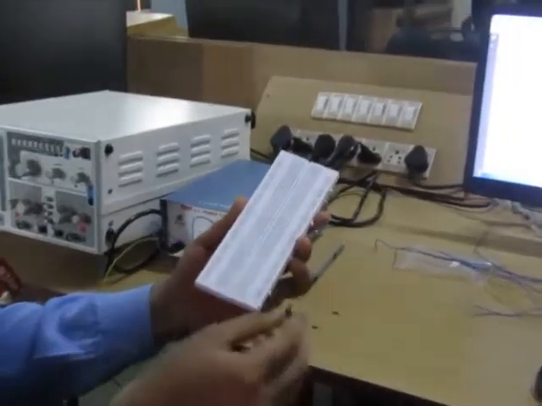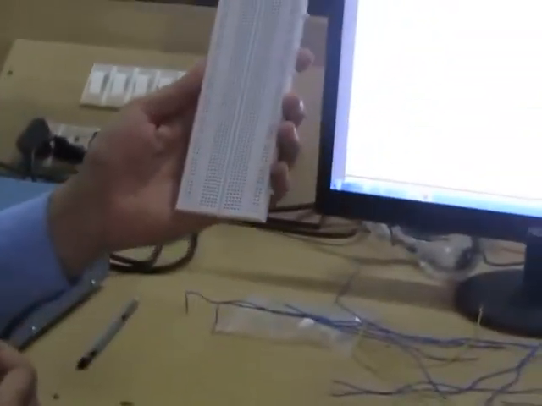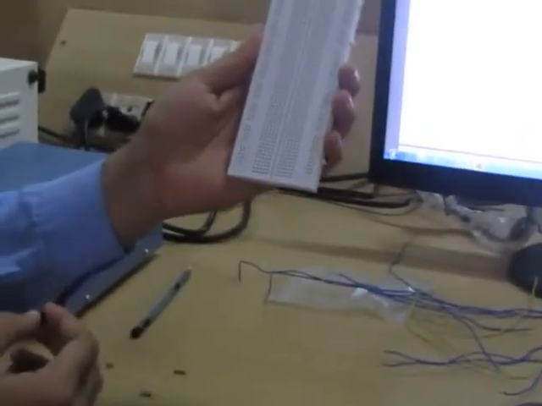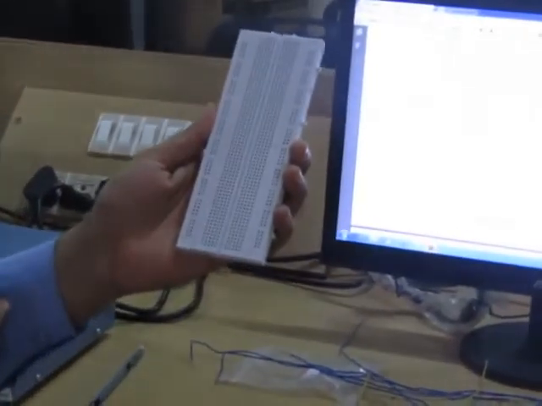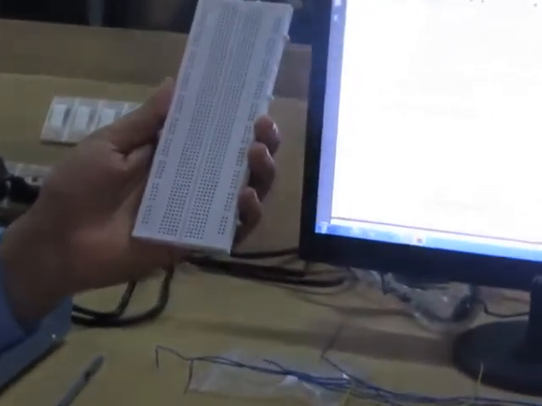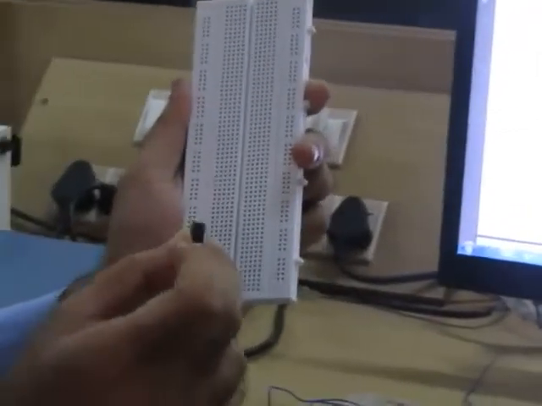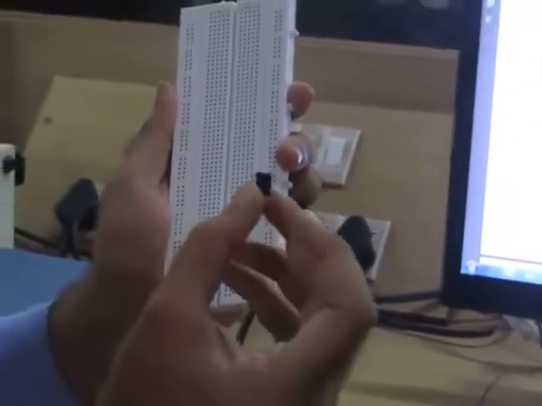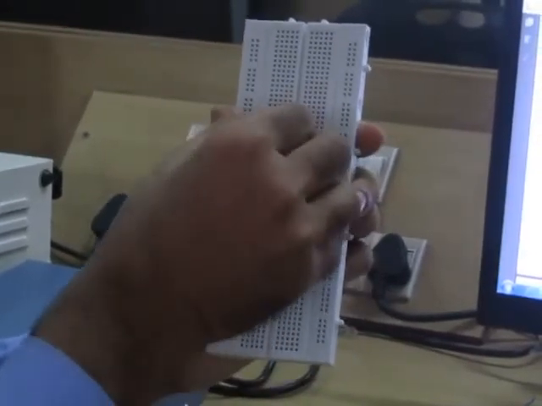Okay, now let us rig up the circuit by following that pin diagram. You can see that this is the breadboard, and we have already gone through the breadboard logic in the previous session. We implemented the astable multivibrator on this breadboard. I hope you understood that concept. Now in this experiment we are going to use the same breadboard, and we are going to use a different IC, the Micro A741. So this is your Micro A741 IC that I am going to place on this breadboard like this.